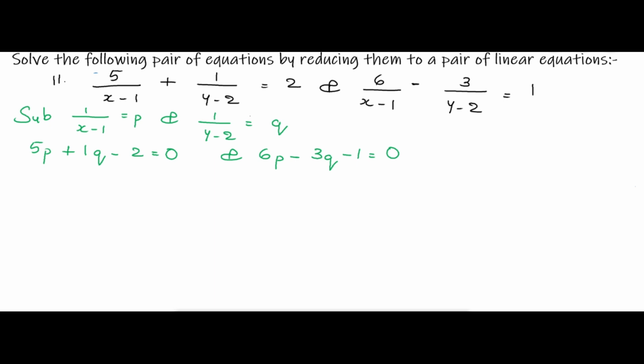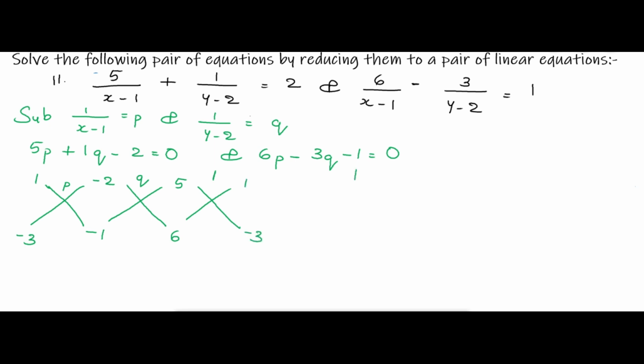I am going to solve these equations by cross multiplication. So first I am putting a cross and writing p here. So for finding p you have to write q terms here from both equations and constant terms here. So again you have to put a cross and write q here. Here already constant terms are written, so you have to write p terms. So again for finding constant you have to write 1 here and here already p terms were written, so you have to write q terms 1 and minus 3.